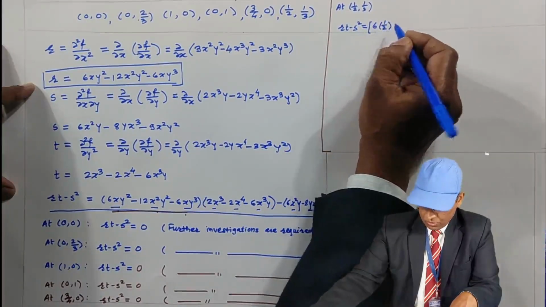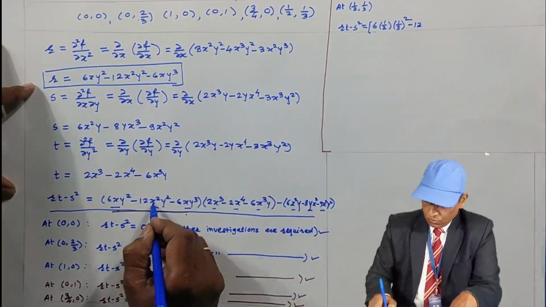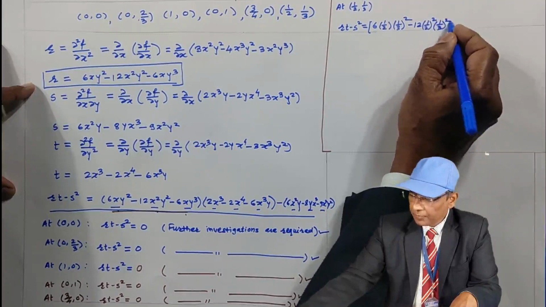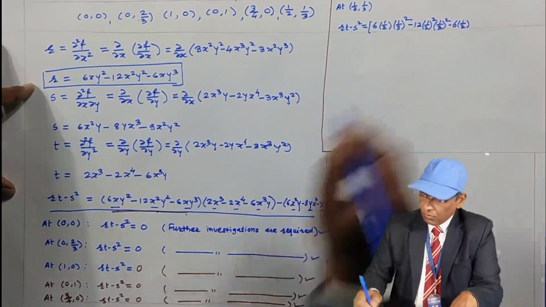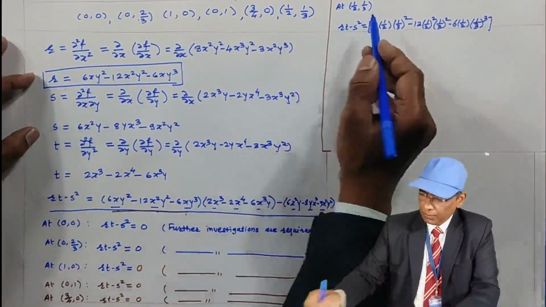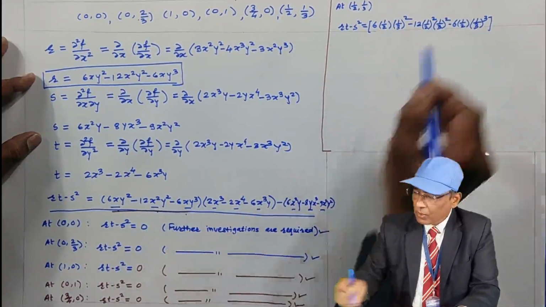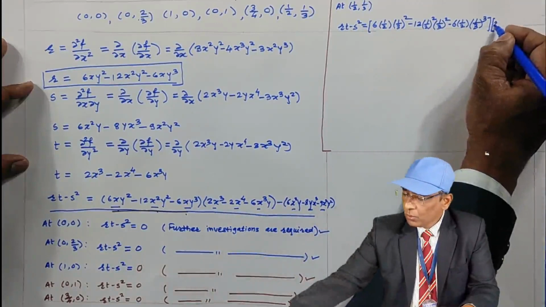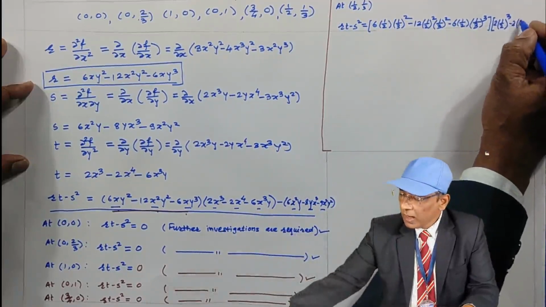x is 1/2, y is (1/3) square, minus 12 times (1/2) square multiplied by (1/3) square, minus 6 times 1/2 times (1/3) cube. In this way, put x equal to 1/2 and y equal to 1/3. 6xy square minus 12x square y square minus 6xy cube, multiplied by 2x cube minus 2x to the power 4,